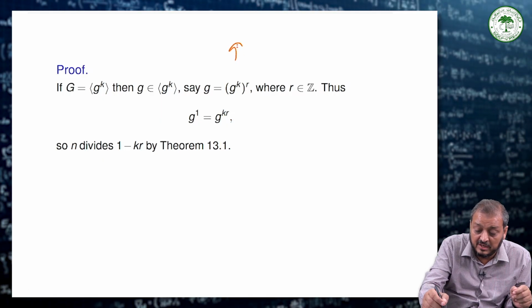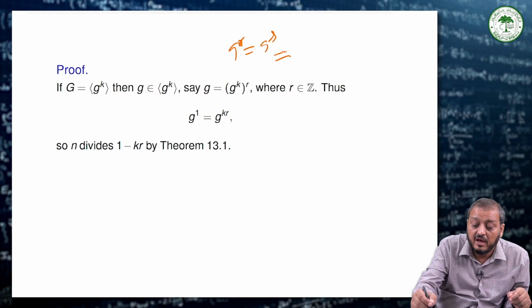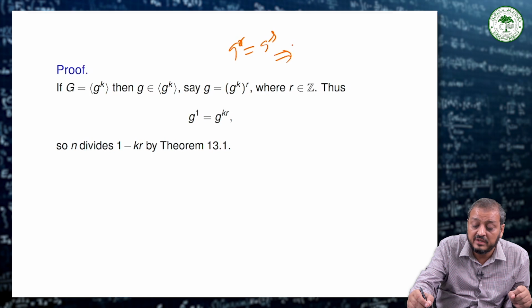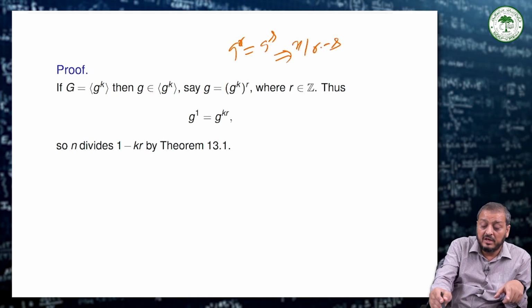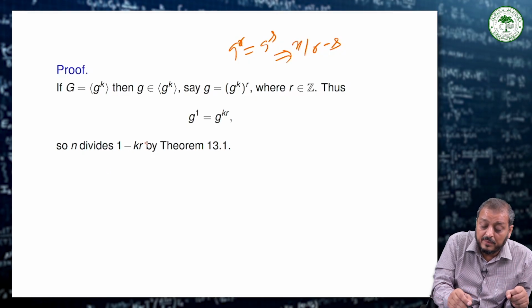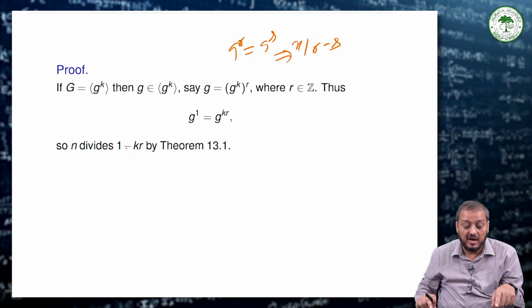If we have the result g to the power r is equal to g to the power s, then since the order of g is finite, n should divide r minus s. So here also n should divide 1 minus kr,